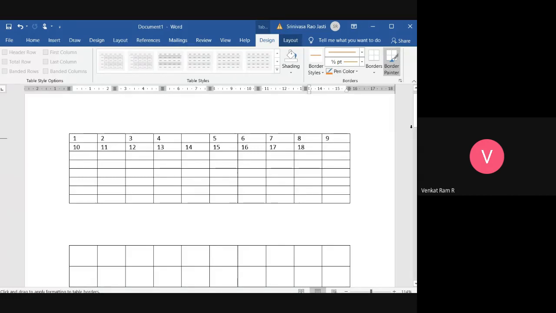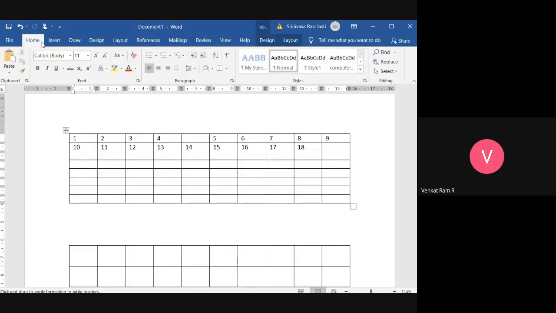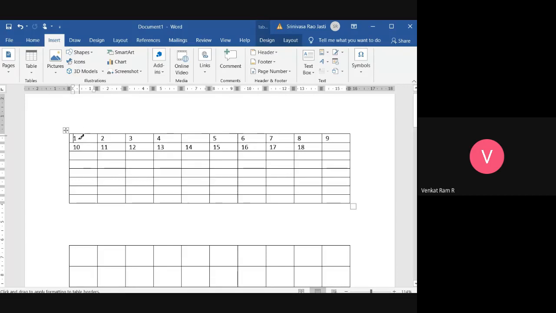Suppose I want a heading here. What I have to do? I want this to be turned into one. If I want all this as one, suppose, see here, I don't want lines here.